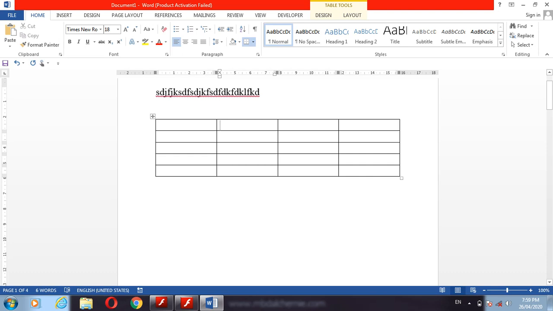See, if I type some information here: roll number, name, class, and mark. So if we place here roll number 1, 2, 3, 4, and we place the name here, Manoj, Suresh, Karthik, Manali.